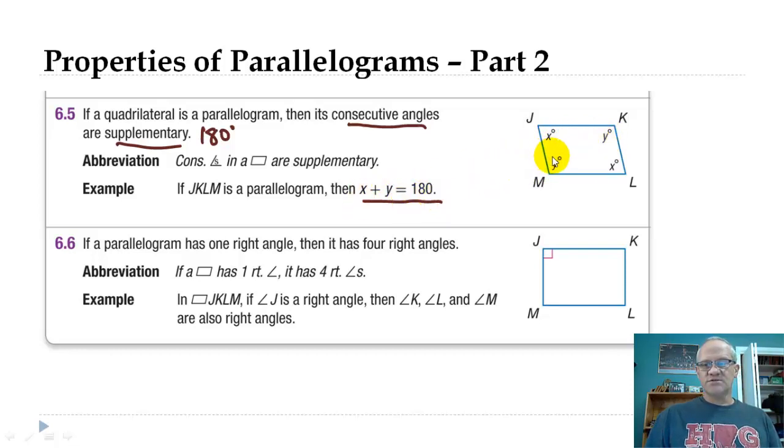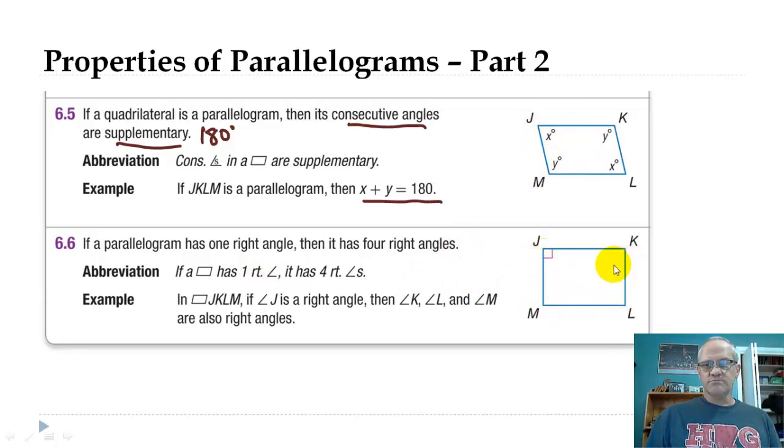If you remember, with parallel lines, these would be the same as consecutive interior angles. Remember when we talked about that at the beginning of the year, and they equal 180. So it's the same thing that we did at the beginning of the year, except now it's in a parallelogram, not just two parallel lines. Okay, and then finally here,